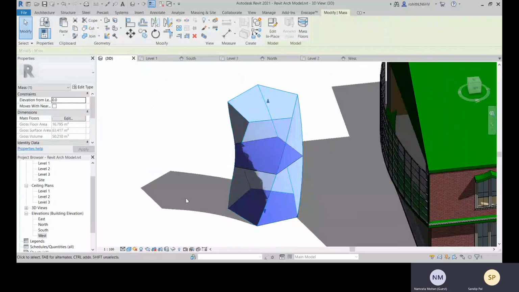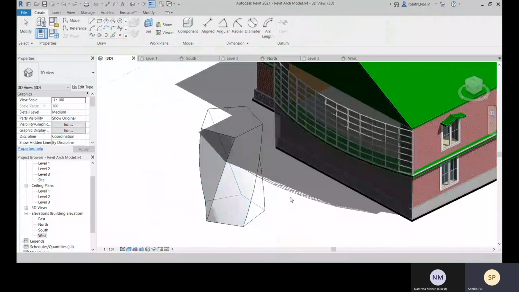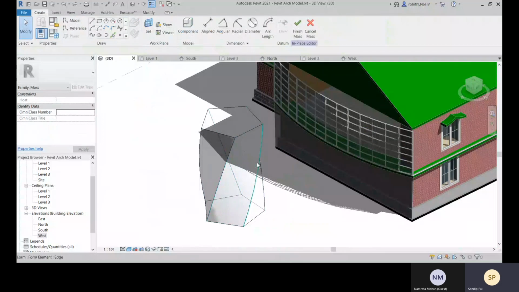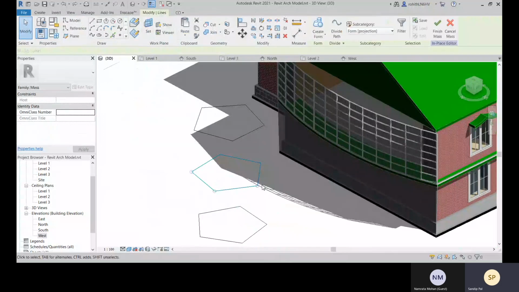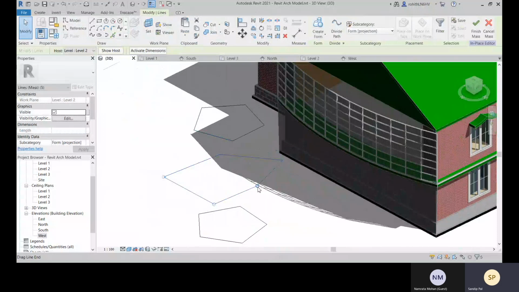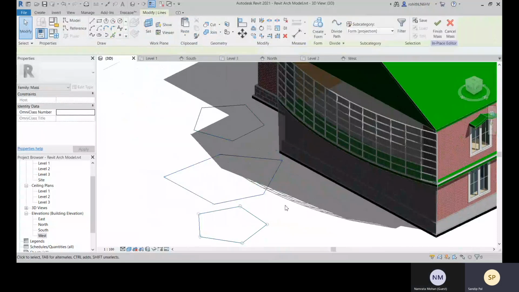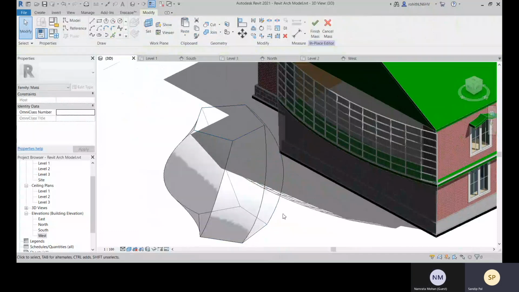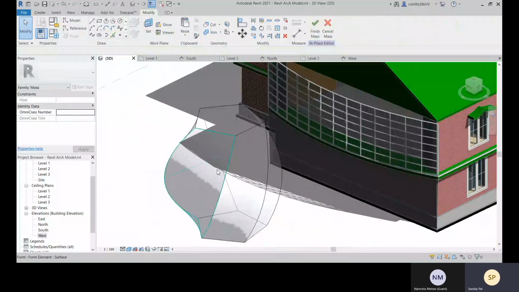Yeah, so for that, let me show you like this. If I change this to a circle, or if I change these areas, and now select these, and go with create form, solid form, and there you see this is the profile, and you finish this mass.